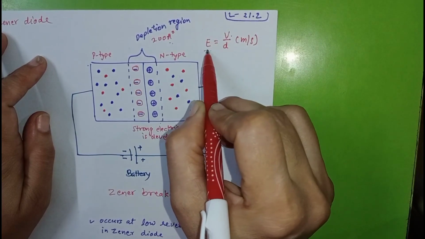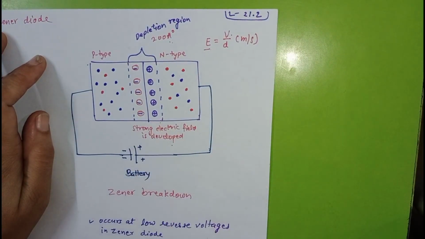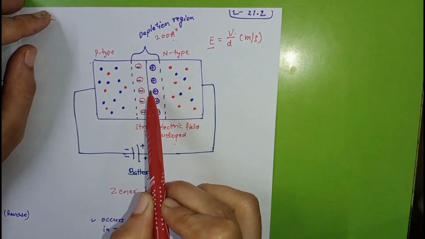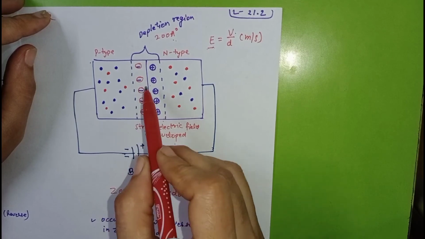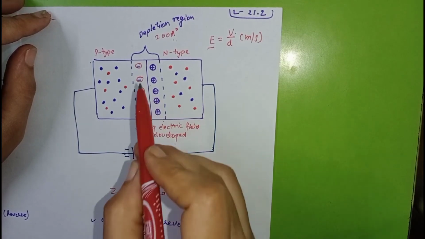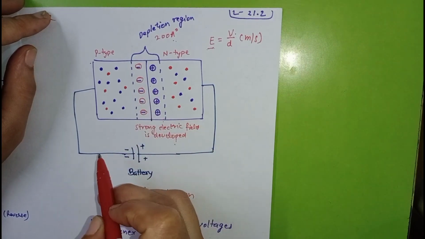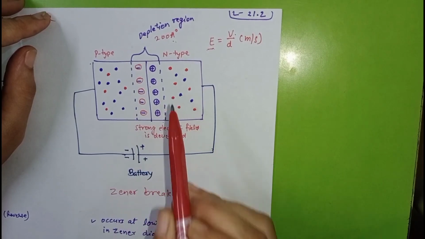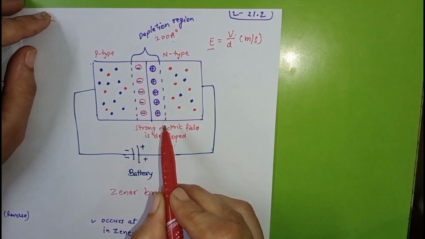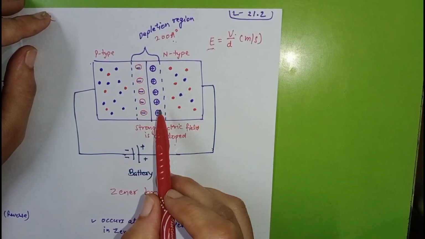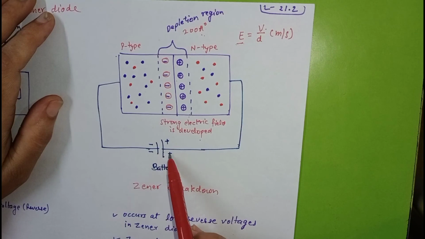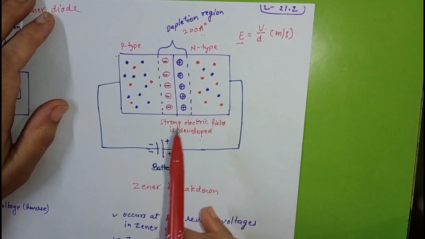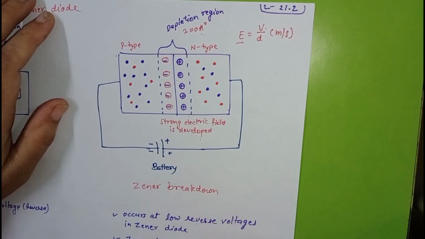So a very strong electric field is developed across this region. Because of very high electric field, covalent bonds in this depletion region rupture or break down. Because of breaking down of these covalent bonds, a large number of electron and hole pairs are generated, due to which the current in the reverse direction is very high at a small voltage, or we can say at the breakdown or the Zener voltage, the current in the Zener diode is very high. But when we remove this reverse biasing, all the electrons and the holes go back to their original position and the diode is not damaged in case of Zener breakdown.